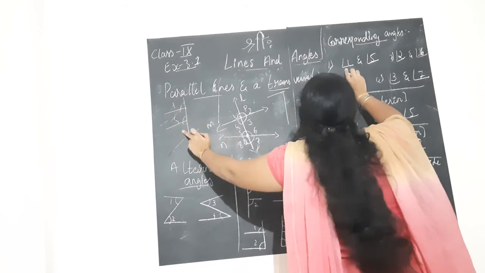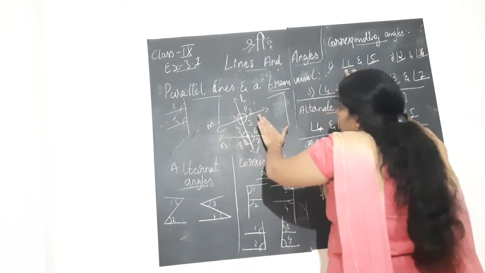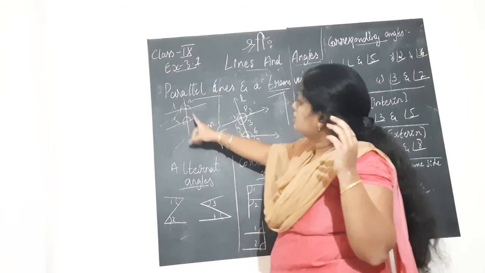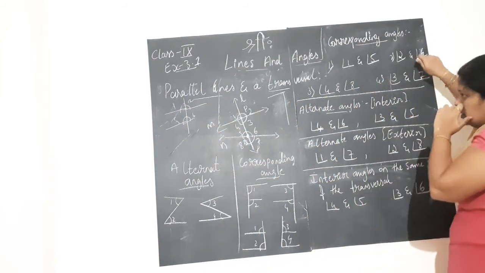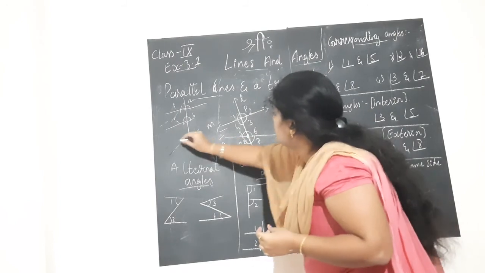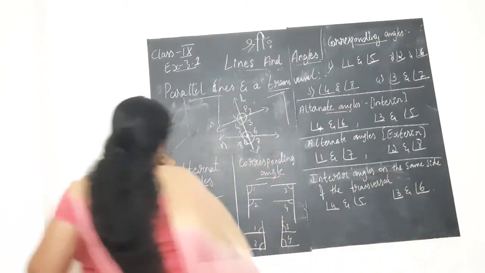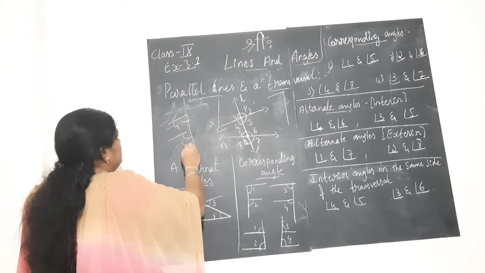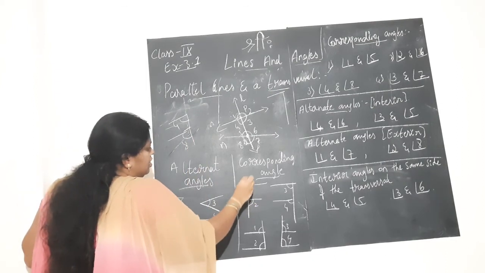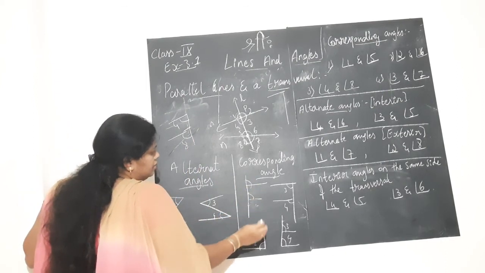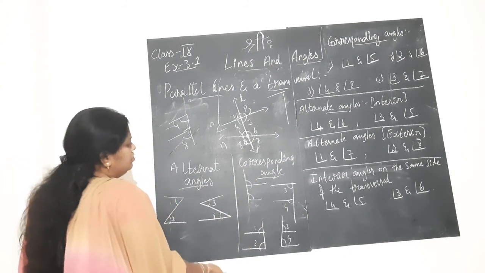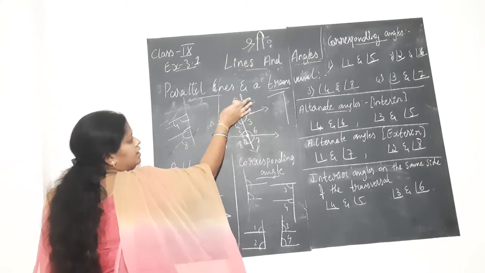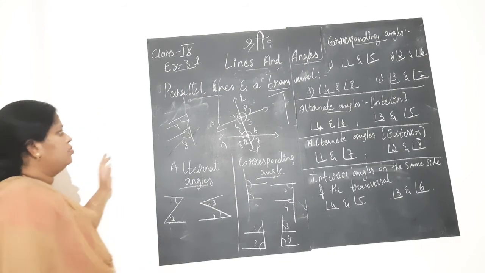See, F-shaped angles are corresponding angles. Similarly, on the other side of the transversal, angle 2 and angle 6 are also corresponding angles. Similarly, one more F if you consider. Here only I will draw. Angle 4 and angle 8. This is angle 4 and this is angle 8. Children, here like this F. Okay? Don't get confused. Angle 4, angle 8 are corresponding. Similarly on this side, angle 3 and angle 7. F-shaped angles are corresponding angles.